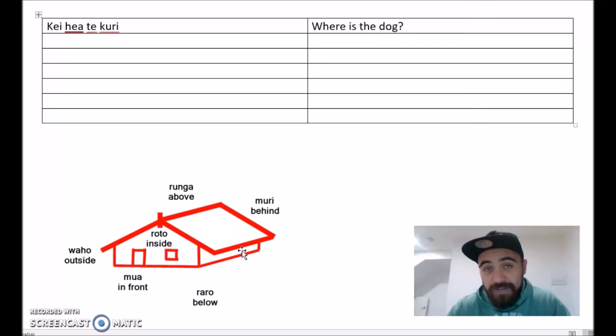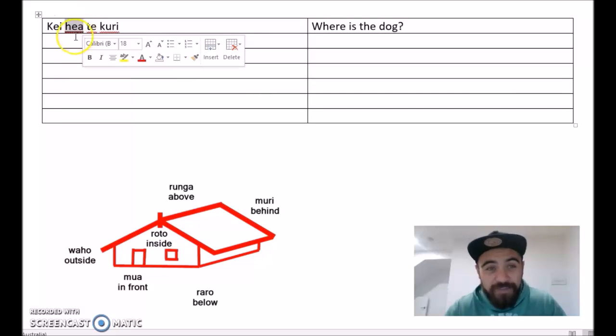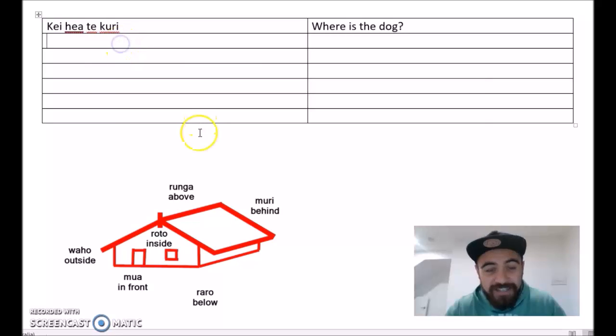Now there's different ways to say where was the dog or where will the dog be, but for simplicity and for this lesson, we're just going to focus on where is the dog, because the focus here is about the locative words, not so much talking about when we're actually looking for it. So kei hea te kuri. So hea is the Māori word for where. That's the word that we need to replace with one of these 6 words. So kei hea te kuri, question mark,